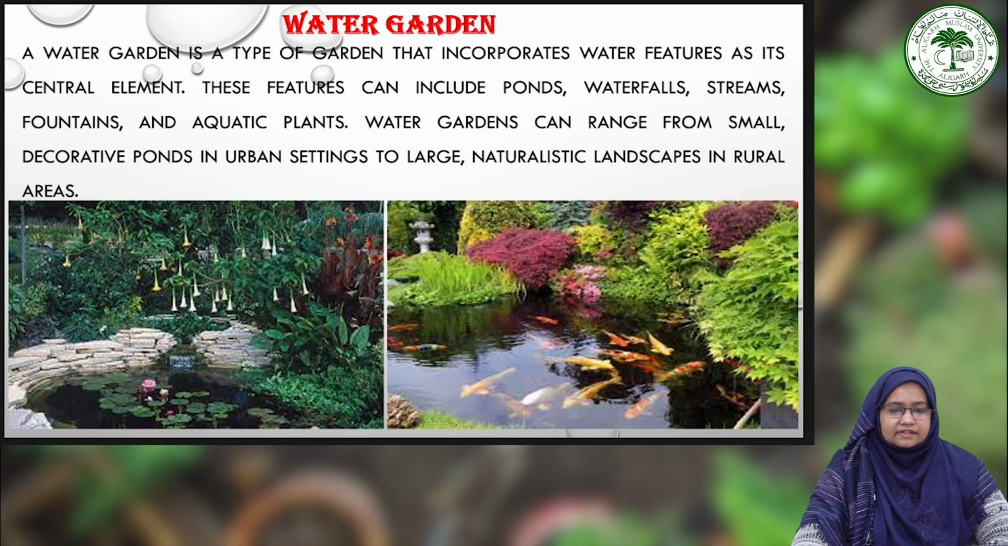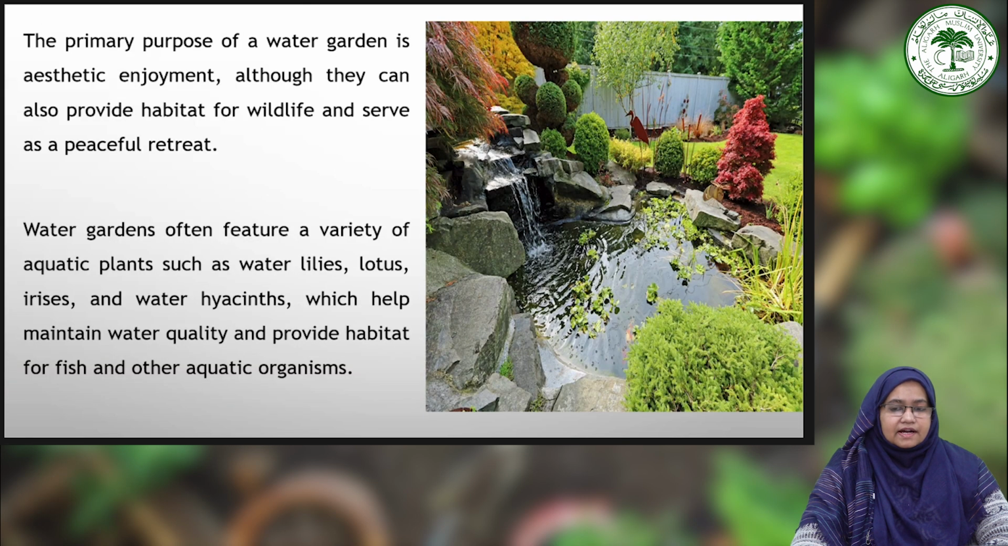found in rural settings. In these images, we can see the small water features. These two water features, one supports the flora and the other supports the fauna, that is fish in the water bodies. Water gardens primarily serve as aesthetic events, offering visual delight, although they also function as a wildlife habitat and